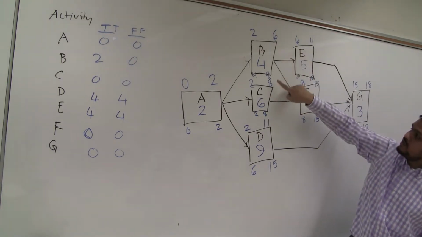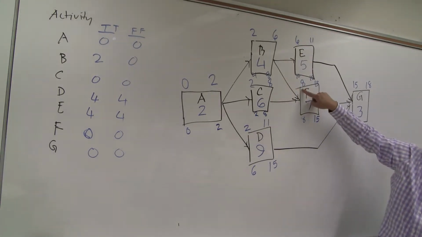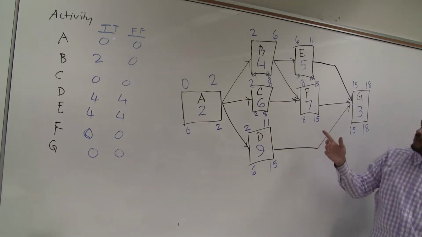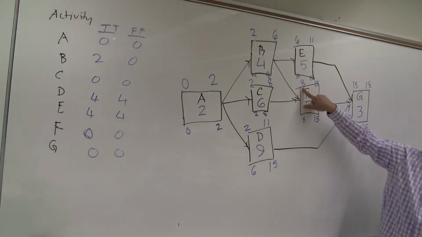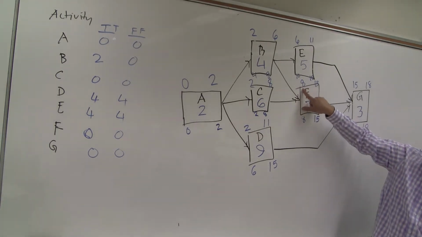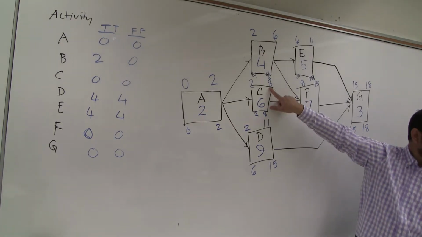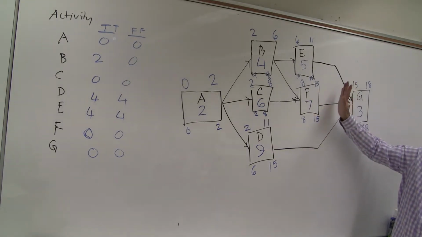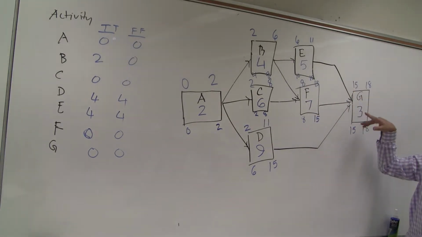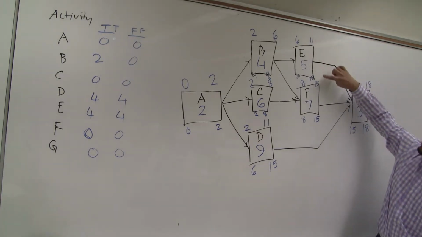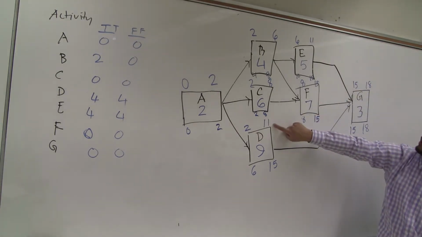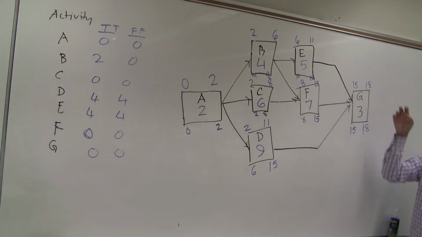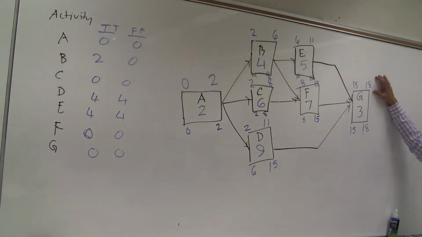Here, I am coming this way with 2 parts, finishing after 6 and finishing after 8. So it should start after 8, because if I go this way with 2 parts, I should take the bigger one. If I start at 6, I am starting before it is finishing. Once both finish, then I can start. Then here, 3 parts: finishing 11, 15, 11. The bigger is 15. 15 plus 3, 18. So 18 is my expected completion date.